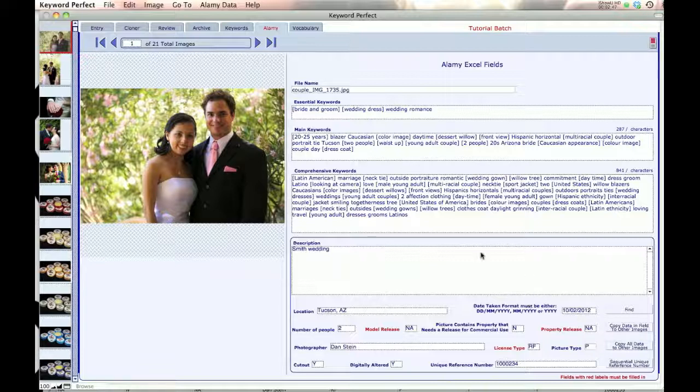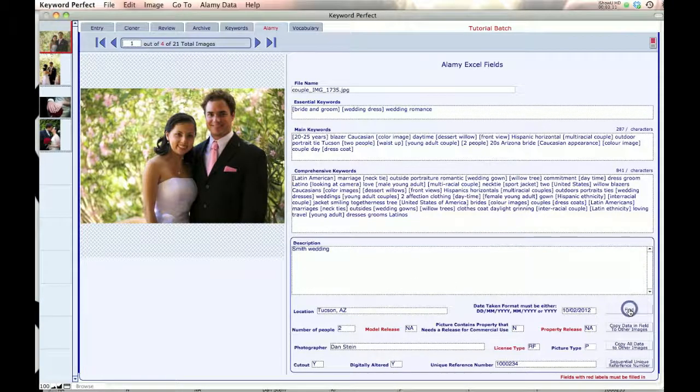Now there are a number of ways to fill in this information. One of them, you can fill in all these fields for the first picture, and then we give you a find button so you can find similar images. So I can find all the images that have a property release of NA, and I find those 14 out of 21. Or I can find all the pictures that have Tucson in the location, and I click that button